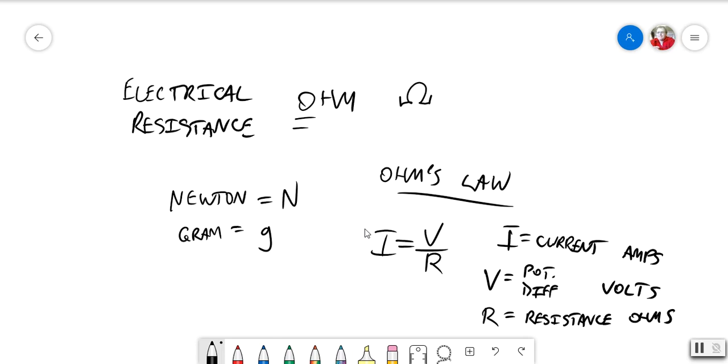So this is one of the most basic and important laws that you have in electricity,